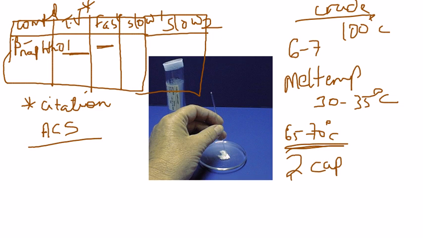Now, I do allow you to set up, since your melt temp can hold up to 2 capillary tubes,